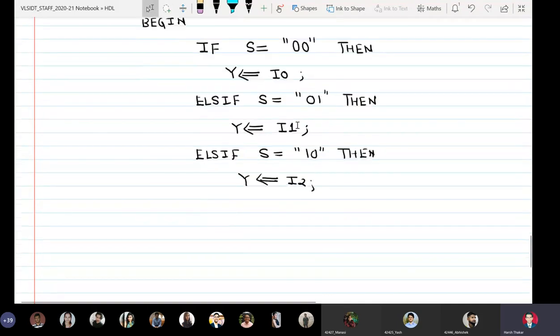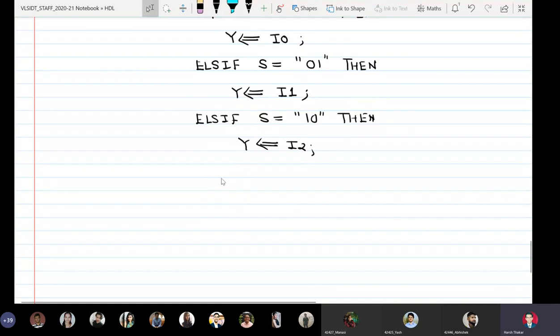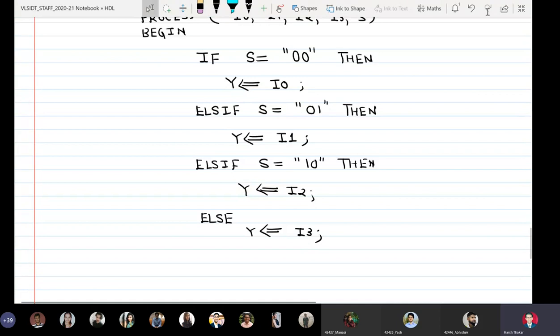Now only one combination is remaining, so we never write the last possible combination here. So we'll write else, y is assigned I3.